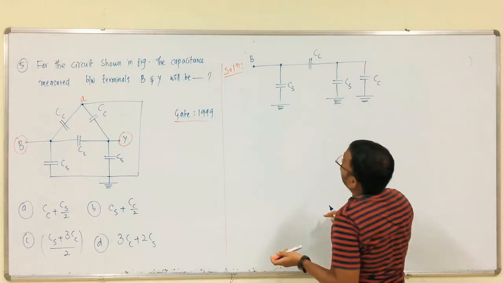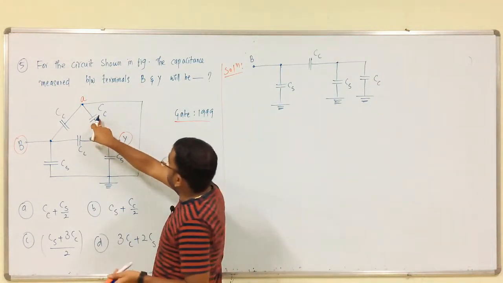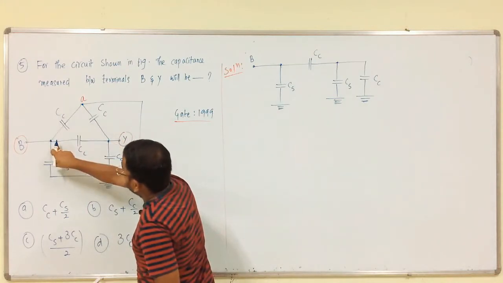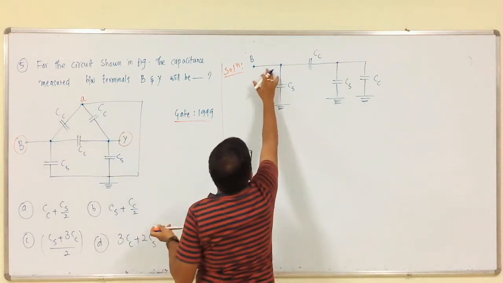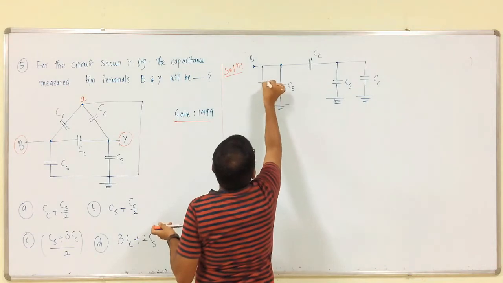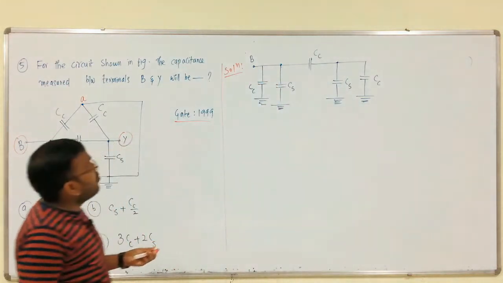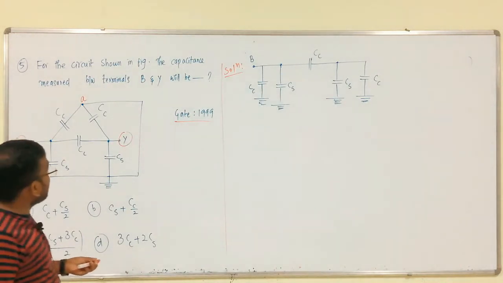CC one point and this CC is like this. Okay. And coming to this CC, it is connected beside this. So, it is better to, so this is CC. So, this is the modified circuit from this. So, this is Y.